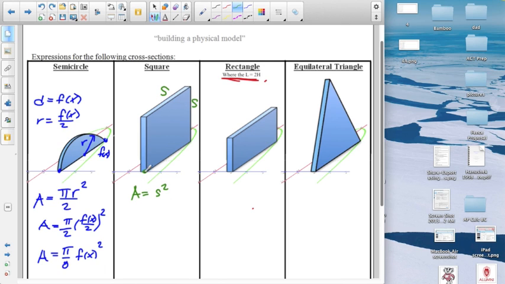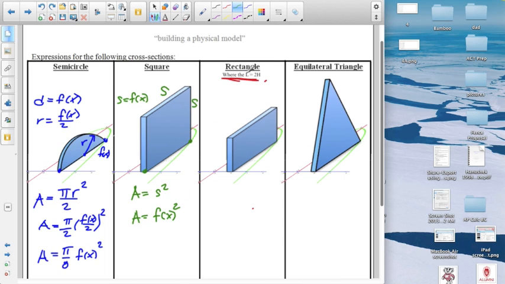And again, if we look at the bottom of the square sitting on that quadratic relationship, then this side is in fact the value of the function at any given point. And so the area for a square here is going to just be the function squared. So there's the area expression that you would put into the integral if you were dealing with cross-sections that were